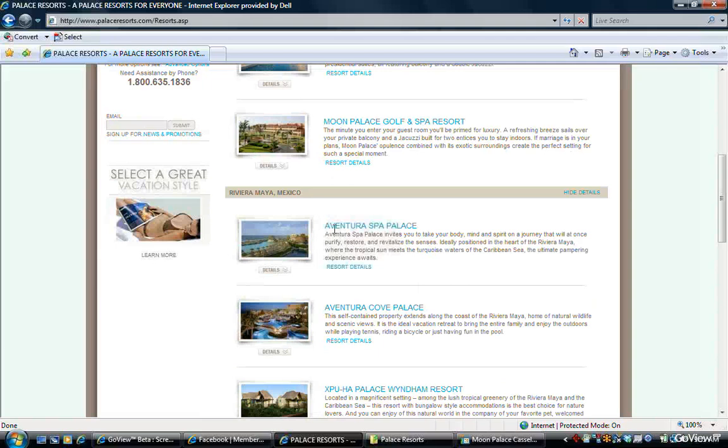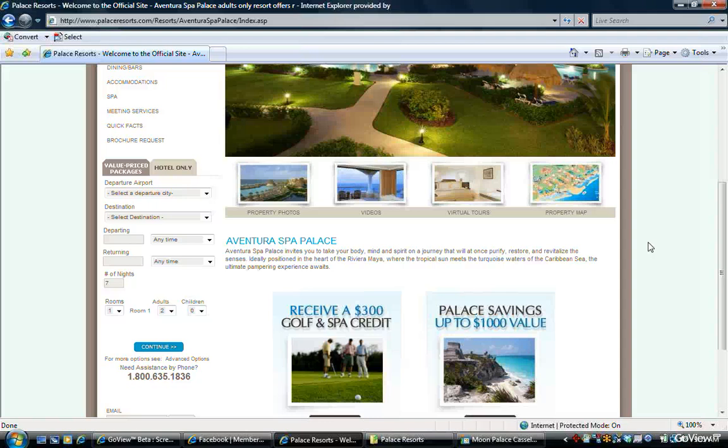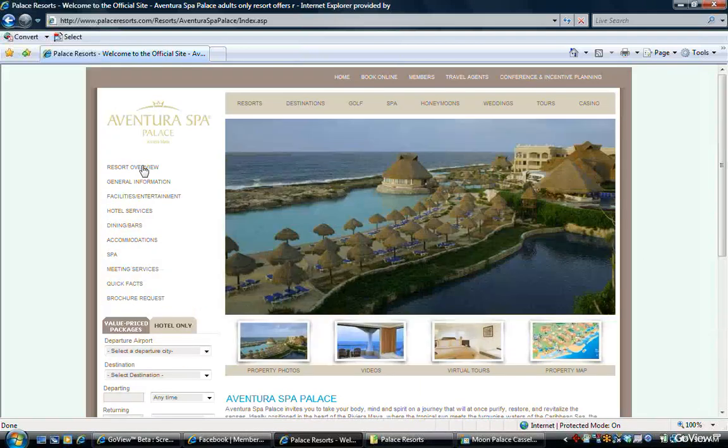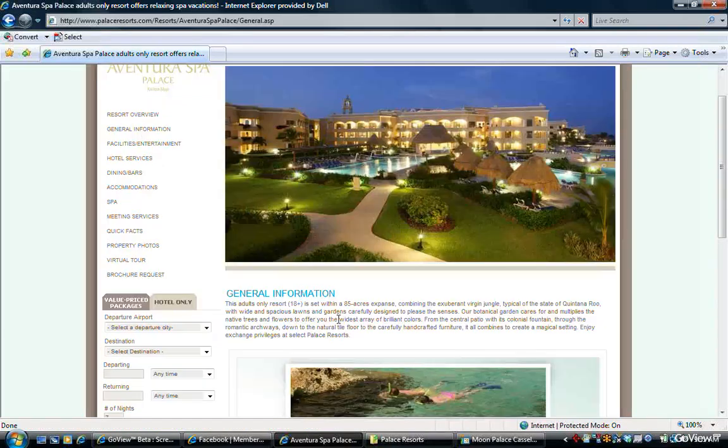And let's go to my favorite, the Aventura Spa Palace. So let's say you decide you want to go to the Spa Palace. Let's go for some general information. First of all, this is an adults only resort. Now, this is a smaller resort. It's only 85 acres. The Moon Palace is like 123 acres. Down there they have states, and this is actually in Quintana Roo. But spacious lawns and gardens,